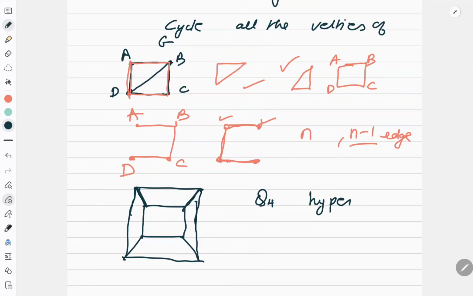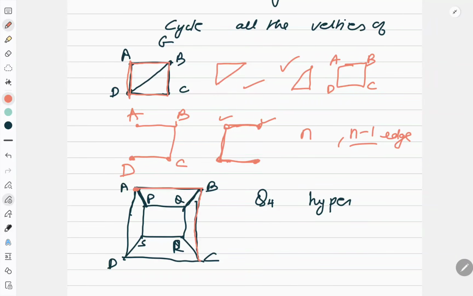what to do? I want to find a Hamiltonian cycle in this. Let me name it A, B, C and D, P, Q, R and S. Now can you find the Hamiltonian cycle? Hamiltonian cycle means you start with any vertex, come back to that vertex, and you make sure that you are covering all the vertices. Okay, so let's start with A. Now if I am starting with A, I should go here. I need to cover the vertices, not the edges.